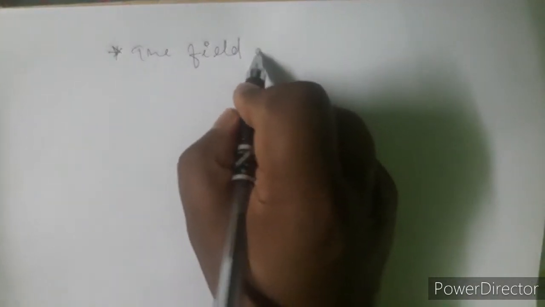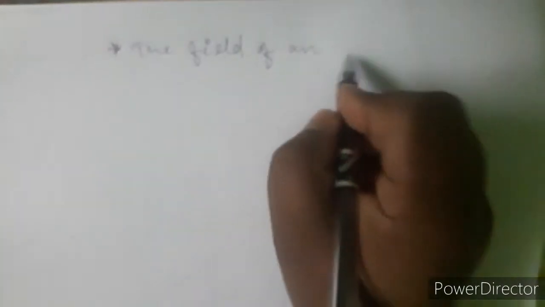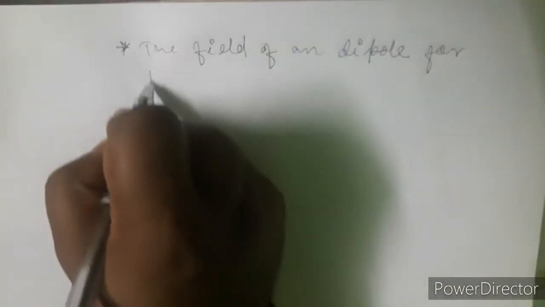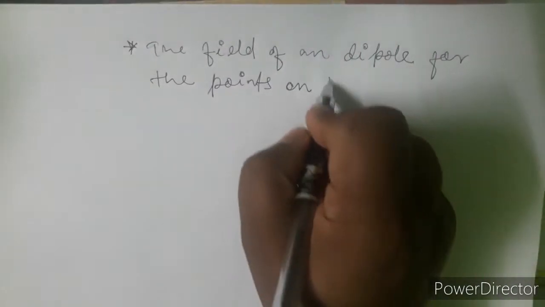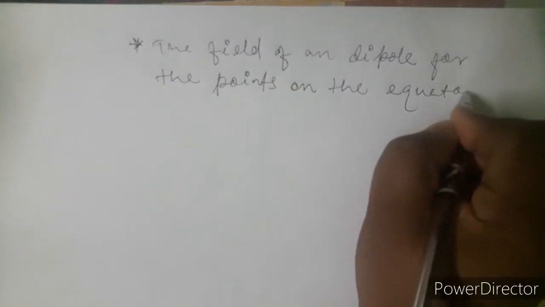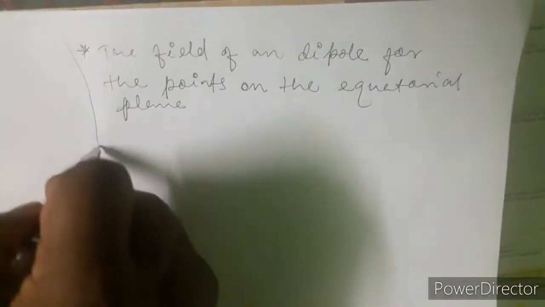So we will calculate the electric field of a dipole for the points on the equatorial plane. Okay,